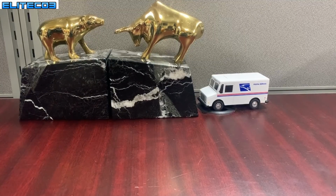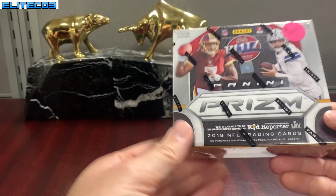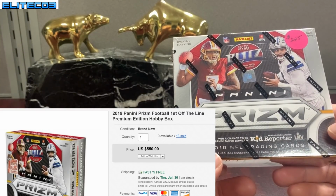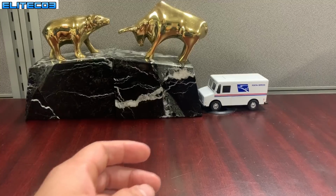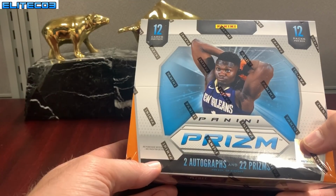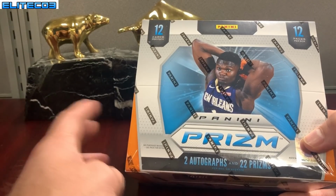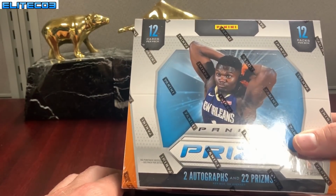We'll start off with some hobby boxes, which are featured pretty prominently in the store. Here's a FOTL. That's 2019 Prism FOTL, first off the line. I think I paid around 225 for it back in the fall. These have gone crazy. These were sitting at 500 in the fall, so I bought some cases. When I saw that 2018 Prism with Luka was like 800 a box, I figured these at 500 with Zion and Ja were probably a good buy. So I didn't think they'd ever go to the level they're at now. I was thinking maybe they'd eventually get to 800-900, but